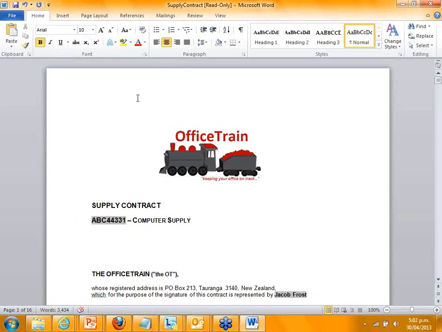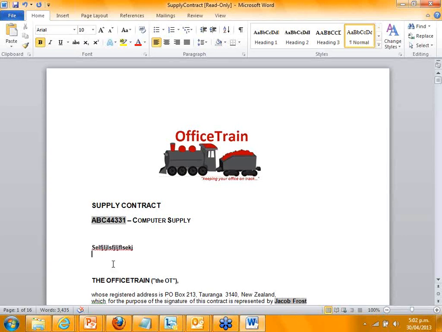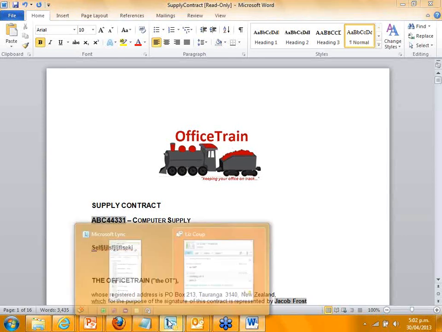And if I wanted to start editing a particular part of the document, then I can start adding information in here, and when this comes on, it'll actually show me which part of the document that she's locking. So it does different things depending on whether it's Word or PowerPoint. If it's PowerPoint, it'll tell you that that slide's locked, whereas if it's Word, it'll tell me which part of the document is locked.